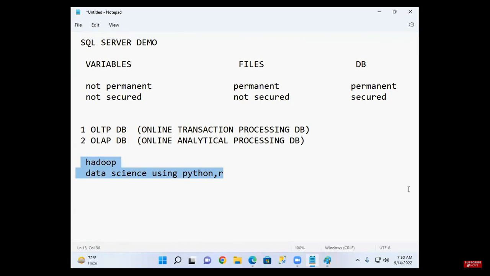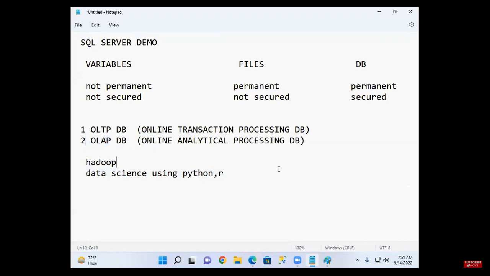Hadoop is a framework used for data analysis. Data science is a framework used for data analysis. So these two come under OLAP.